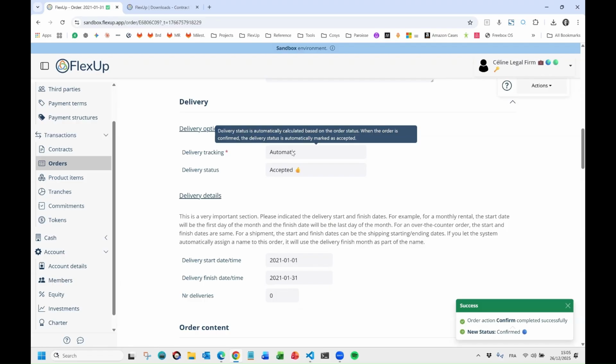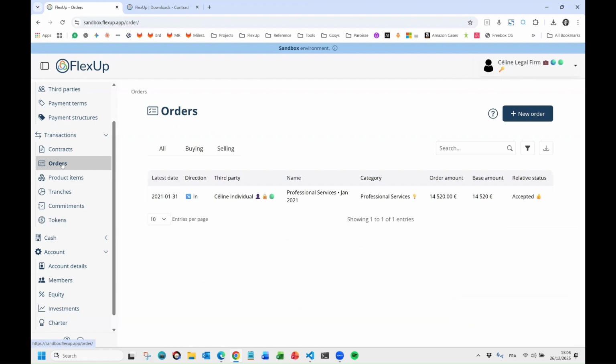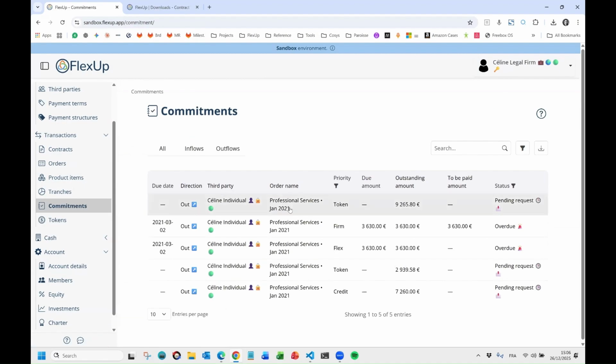If you do a manual delivery, that means that you can sign and confirm an order, but you have to wait until the supplier tells you, no, I started the delivery, I finished the delivery. And then as a client, you can accept the delivery, or you can reject and say, no, I have some claims. There's some things that are wrong, so I don't want to pay because you need to finish your job, right? That's a manual delivery. So now that the order has been confirmed and signed, you can now see that we have these financial commitments